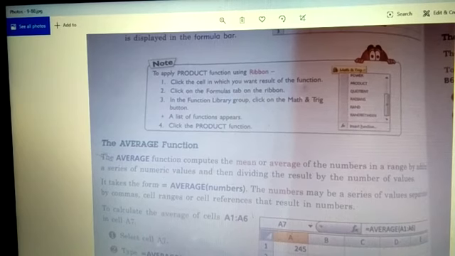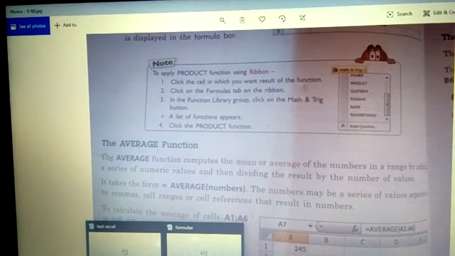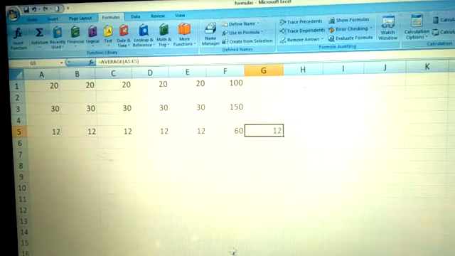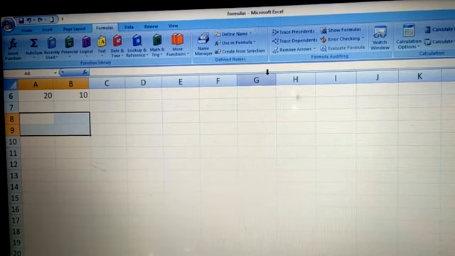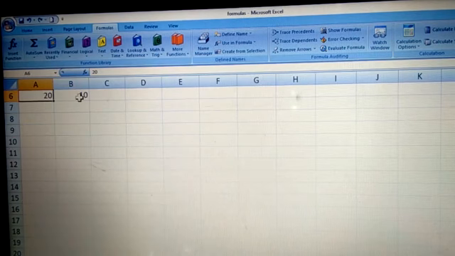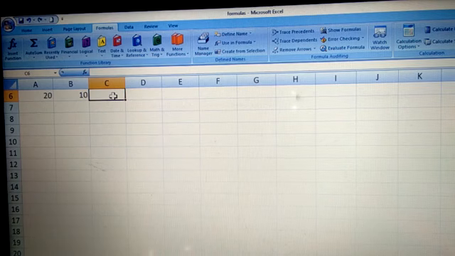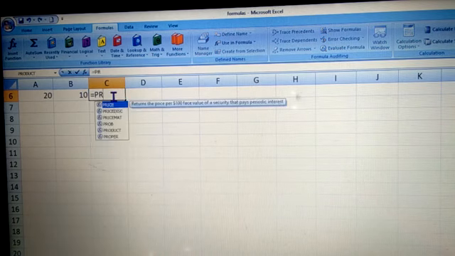And let me show you how to do the product and average today. So children, if I want to find the product, to perform the function of product, you will multiply A6 and B6, and with the help of the function, how will we do it? We will write equal to, then product like this.